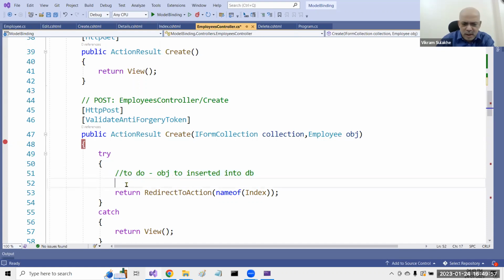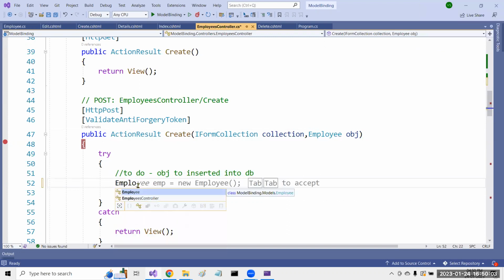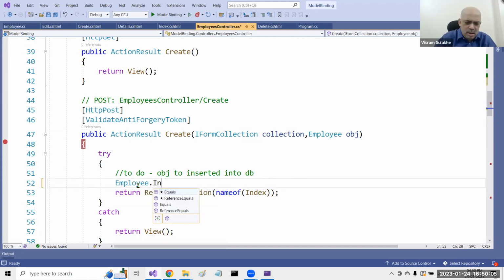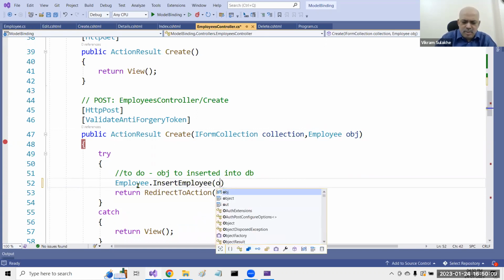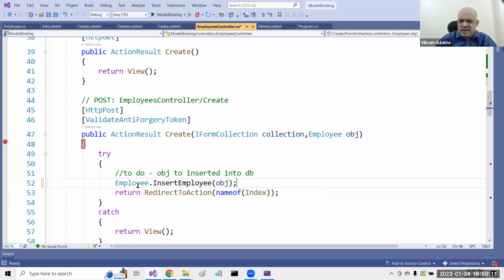Help me with this code. What should I do now? I've got the employee object. Now all that I do is insert, what? Command. Insert into database. Yeah. So employee dot insert employee, the object that you have created here, the object that you're receiving here. Right? This is what we're doing. Of course, I don't have an insert employee right now, but you could have written one which would take care of that. And on similar lines,